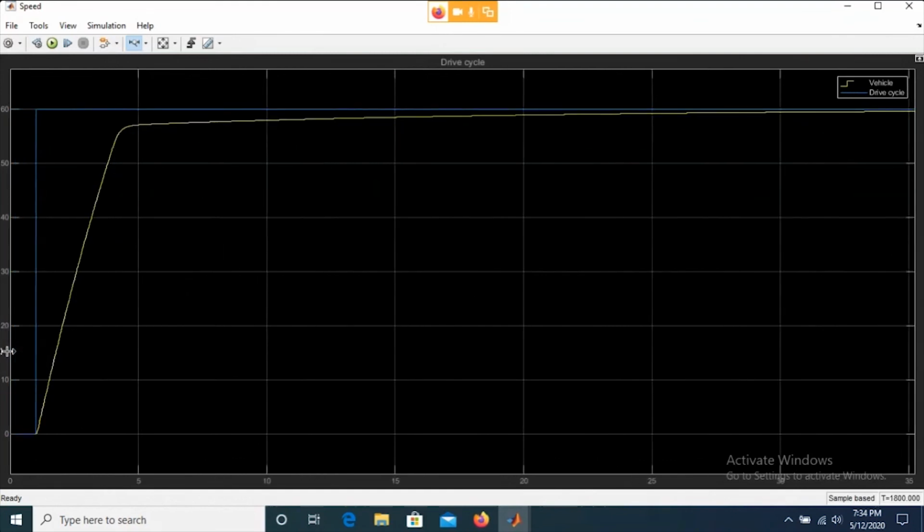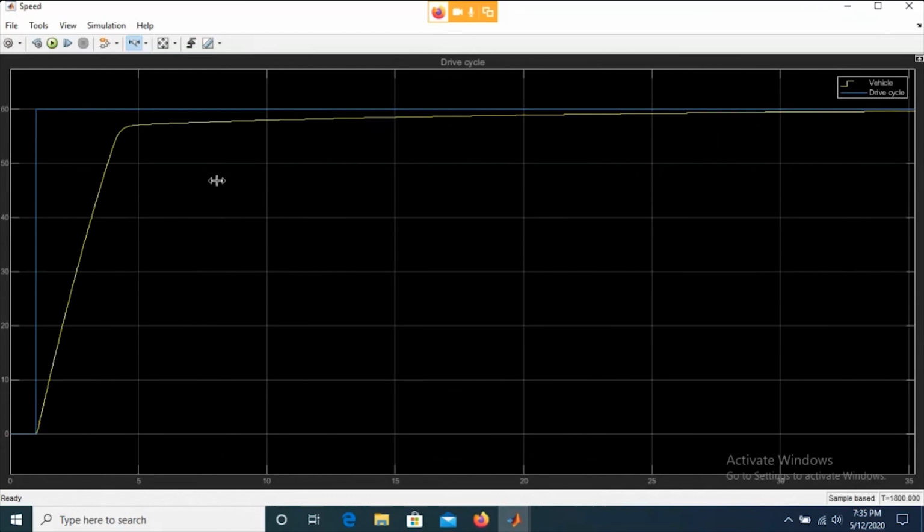So the speed of the vehicle is gradually increasing, right? And how much time is taken by the vehicle to reach from 0 to 60? It is around 10 seconds. So 10 seconds is the time taken by the vehicle to reach from 0 to 60 kilometers per hour, right?